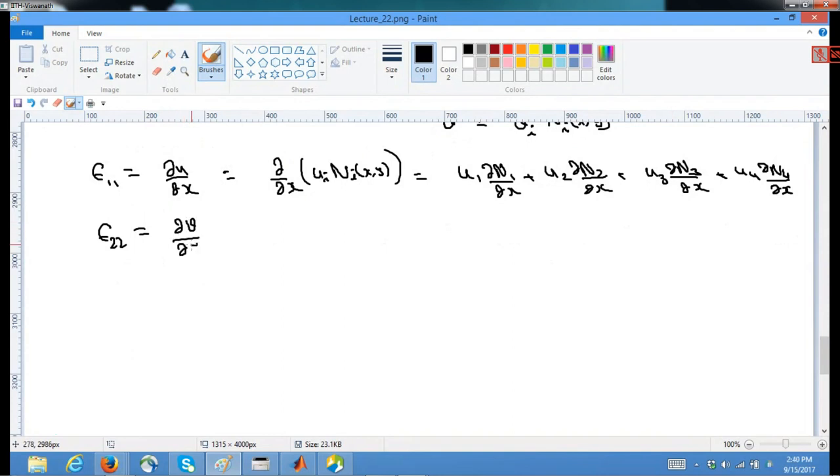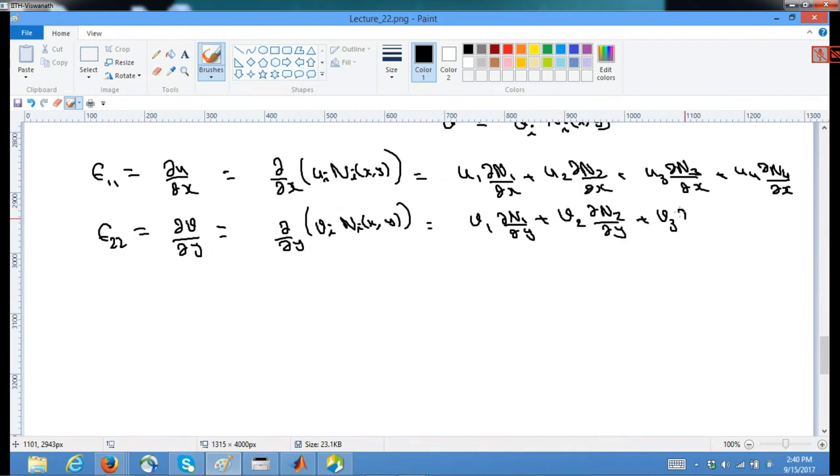This has happened to be v1 ∂N1/∂y + v2 ∂N2/∂y + v3 ∂N3/∂y + v4 ∂N4/∂y, and epsilon 1 2